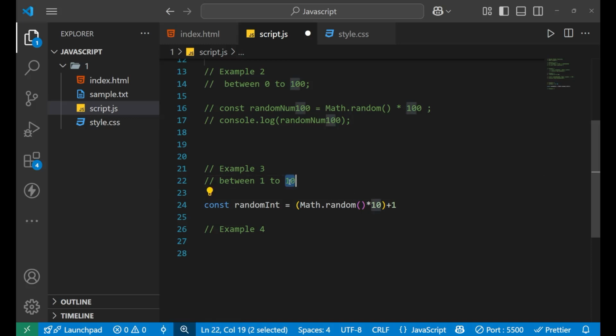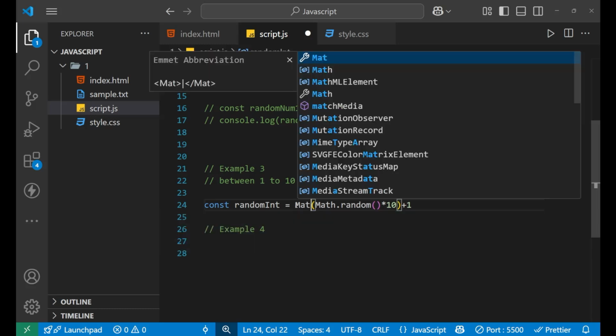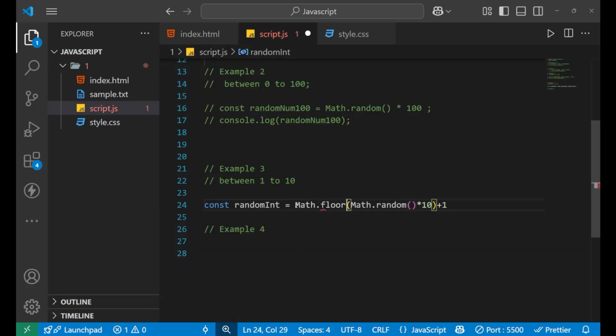By doing this, I'm saying that you generate the largest number also. Now, for taking the number between 1 and 10, what do I need to do more? I need to write Math.floor. What is this Math.floor doing? Well, it is rounding off the number down to between 0 and 9. You need to understand this.